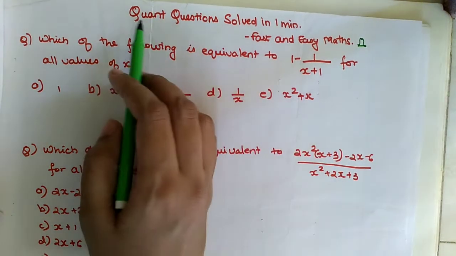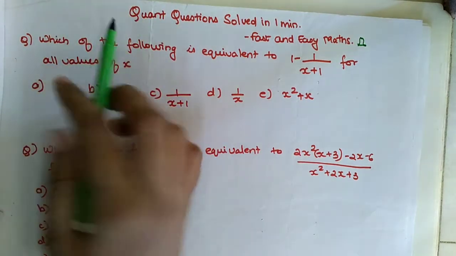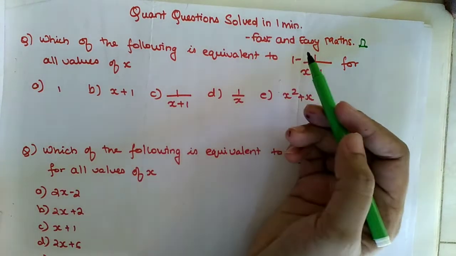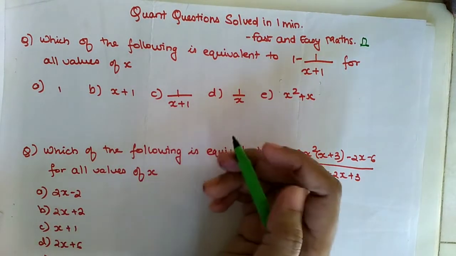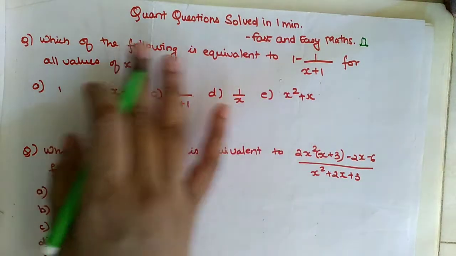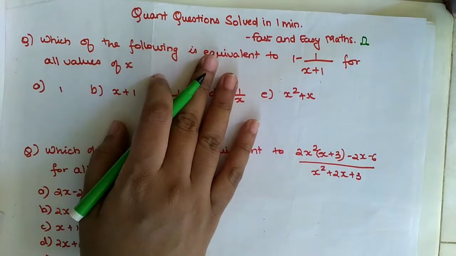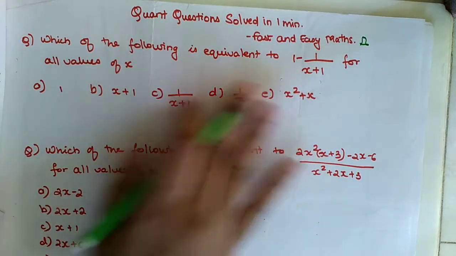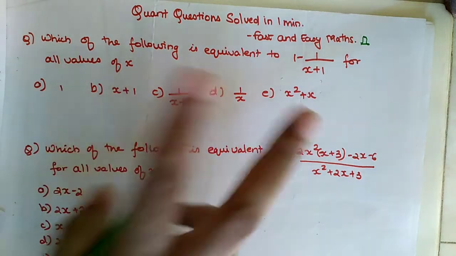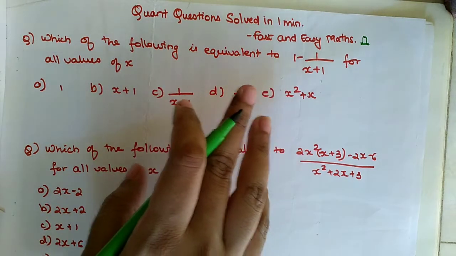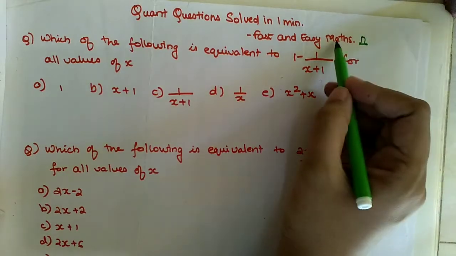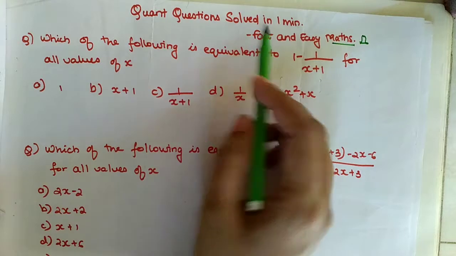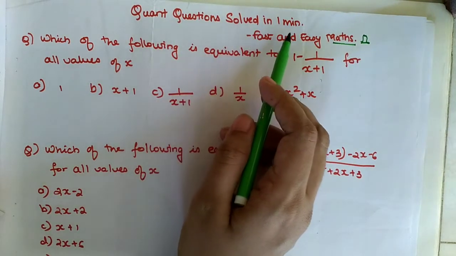So students, today I'm going to show you a trick with which you can solve these quant based questions in 1 minute. These kind of questions are asked in the quantitative analysis section of entrances such as CAT, ACT, SAT, GMAT, GRE, etc. Here I'm going to solve both of these questions in two ways. One is the conceptual way, which is very important for your basics of mathematics, and another method is the one with which you will be able to solve these questions in under a minute.